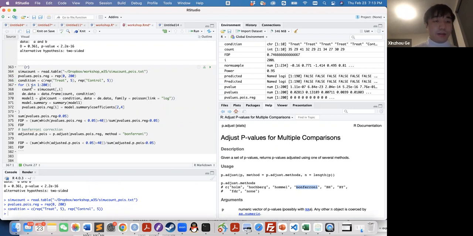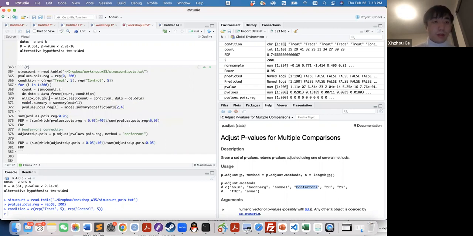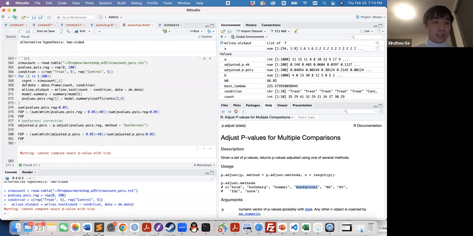For each of the genes, we also have the count data set, and here the thing that we change is this into the Wilcoxon test, and it will be the Wilcox output. So if we look at what it looks like,